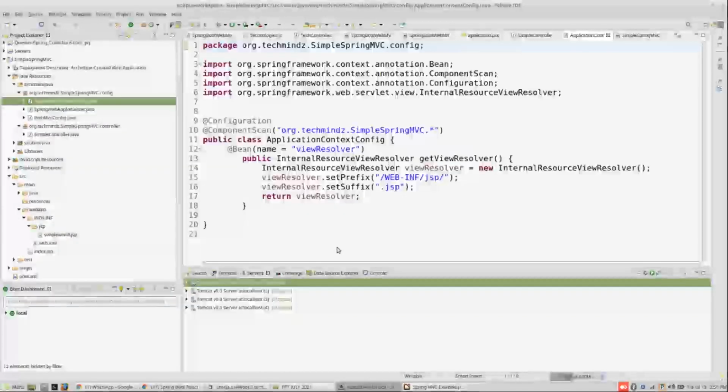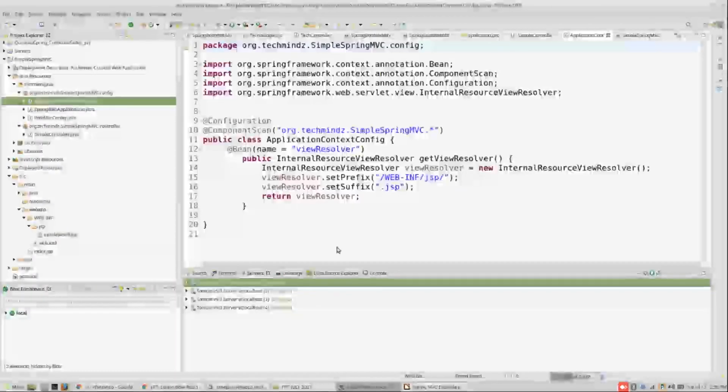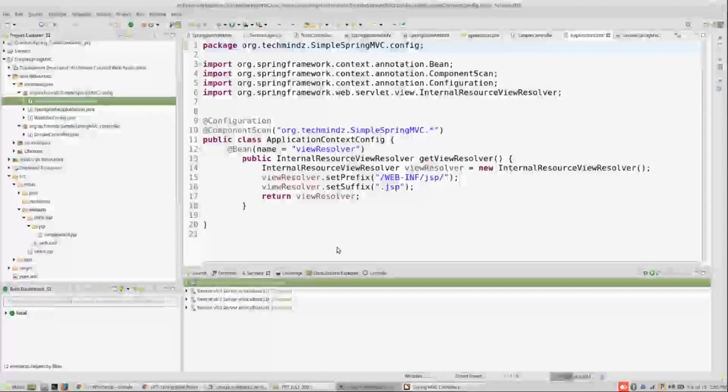Next, inside the application context config, we have to write a method which is a bean, and it is the view resolver. So public InternalResourceViewResolver getViewResolver, that is the name of the function, which has been given the bean name view resolver. This is because we have to find the view. We'll find the view component in this position. So the view resolver is an object of the new InternalResourceViewResolver,